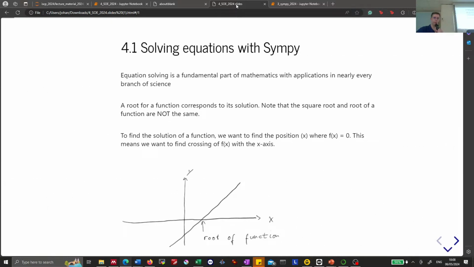Okay, so equation solving is a fundamental part of mathematics with application in nearly every branch of science. Now you guys are material scientists. When do material scientists normally see equations? Have you seen equations so far in your education that have to do with materials? Yeah. Very good. Which one? Yes, we have a lot of equations in defect